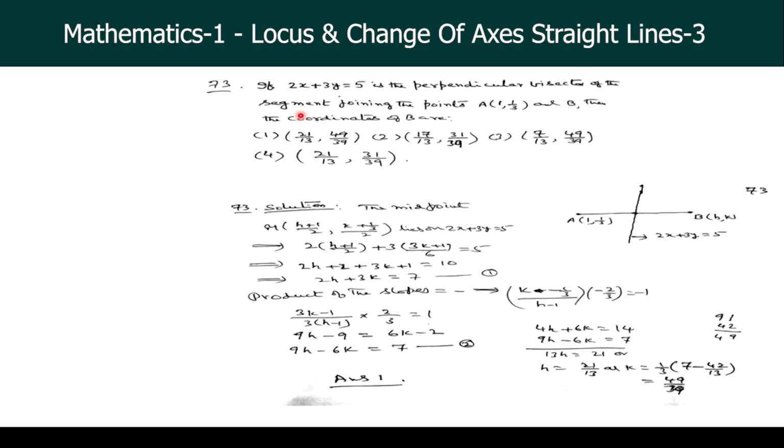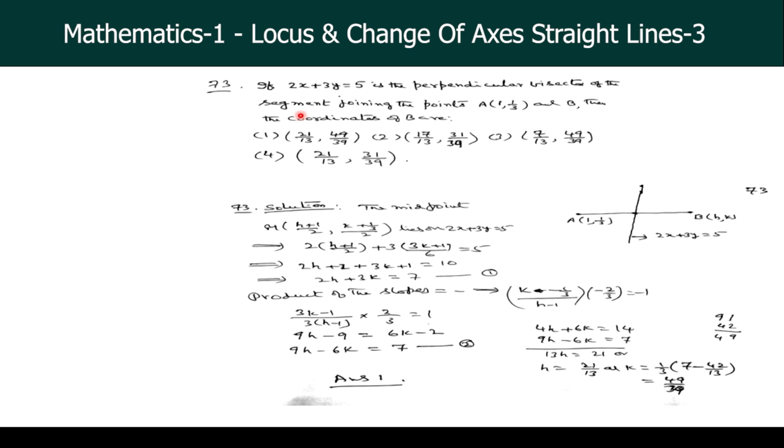Okay, next. 73. If 2x plus 3y equals 5 is the perpendicular bisector of the segment joining the points A(1, 1/3) and B, then the coordinates of B are, and the options are given. Here you can use the image formula directly, or here I did it this way: suppose B is equal to (h, k),